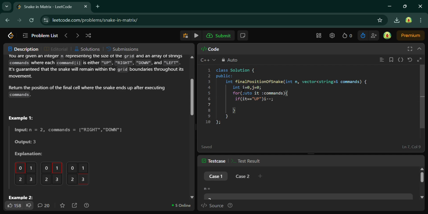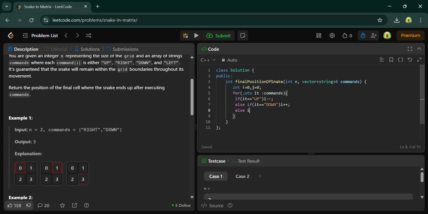Else if it is equal to down, then you just have to do i plus plus, because the row will automatically increase.